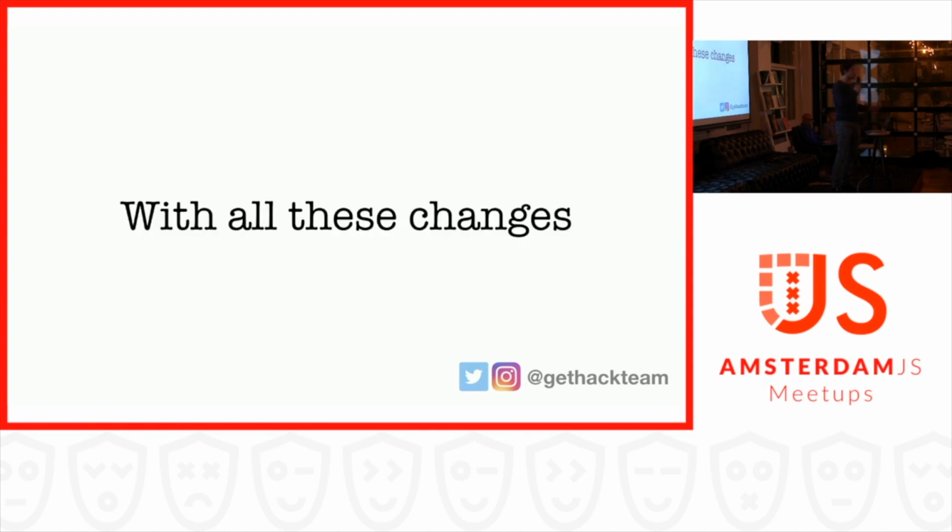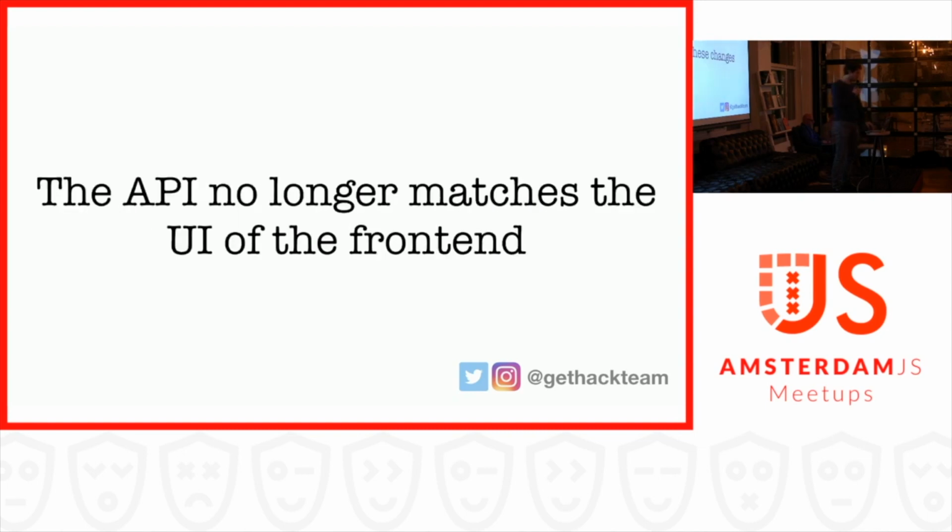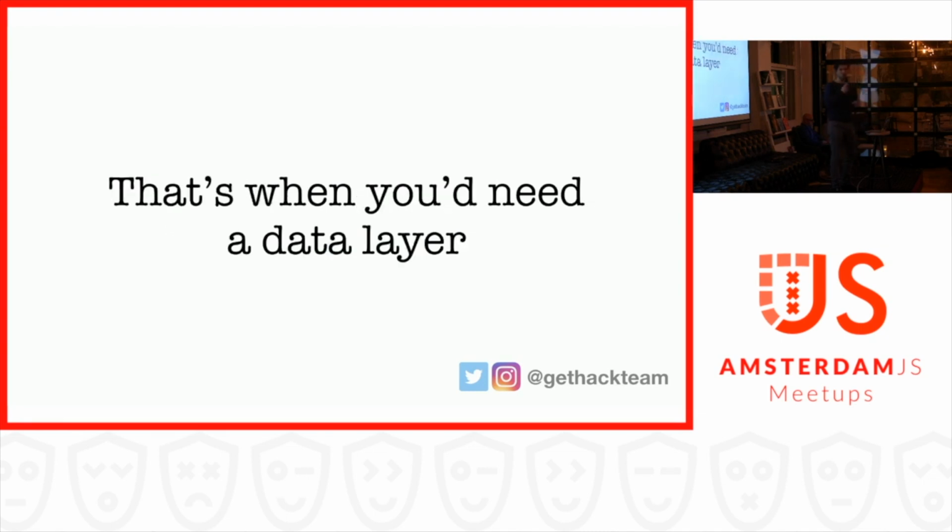So with all these changes, you can probably say that the API that you once built no longer matches your front end, because your front end is changing every day, and your UI as well. And then again, your backend is probably more stable. It isn't changing that often, or maybe it is being controlled by yourself. So there are situations like this when I think you would actually need a data layer in your application, because